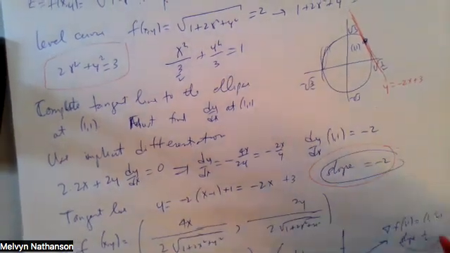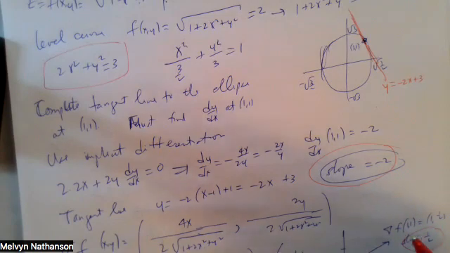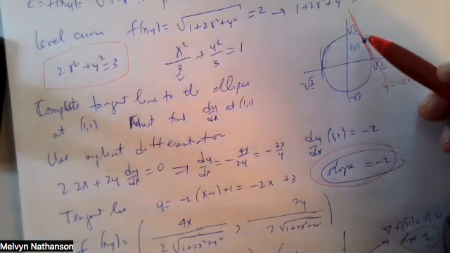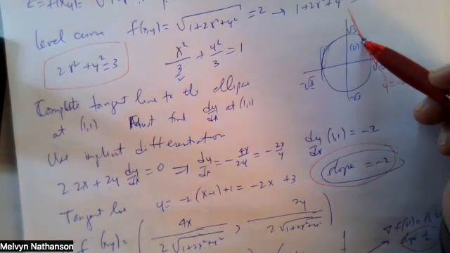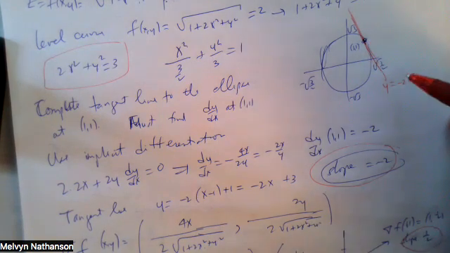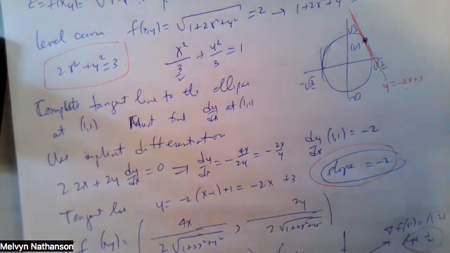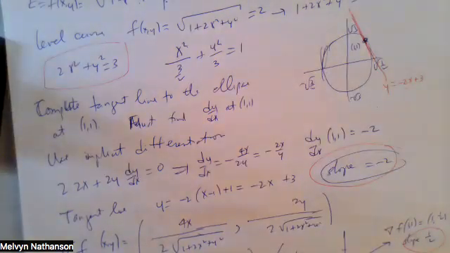Minus 2 times 1/2 is minus 1. So the line through this point in the direction of the gradient, with slope 1/2, is perpendicular to any line with slope minus 2, because the product is minus 1. And this is